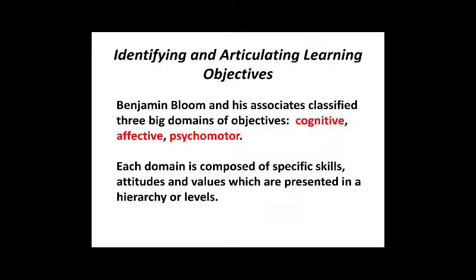And when we speak of learning areas, there are three domains or areas of learning or objectives, namely cognitive, affective, and psychomotor. And each domain is composed of specific skills. There are skills, attitudes, and values